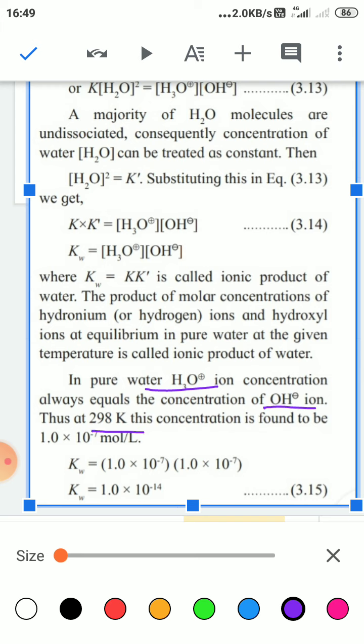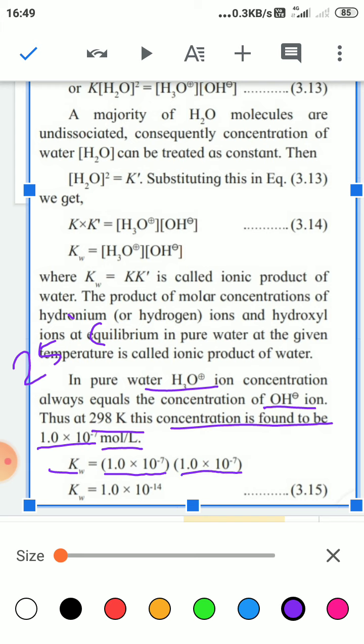Thus at 298 Kelvin, now 298 Kelvin means 25 degree Celsius, that means at 25 degree Celsius the concentration is found to be 1.0 into 10 raised to minus 7 mole per liter, and therefore Kw is equal to 1.0 into 10 to power minus 7 into 1.0 into 10